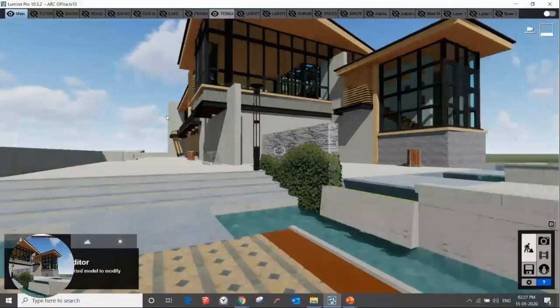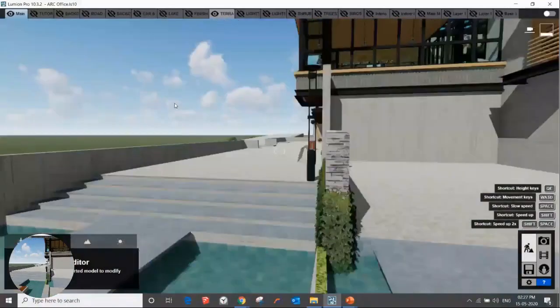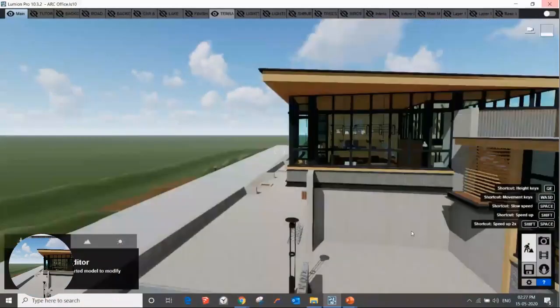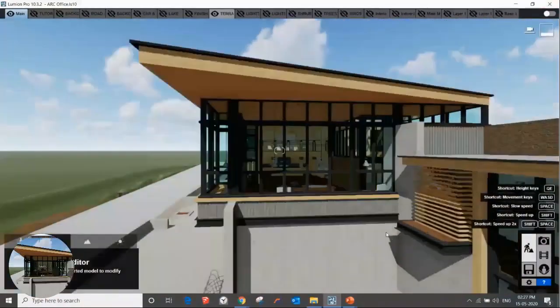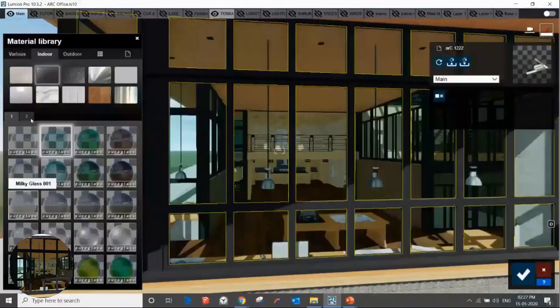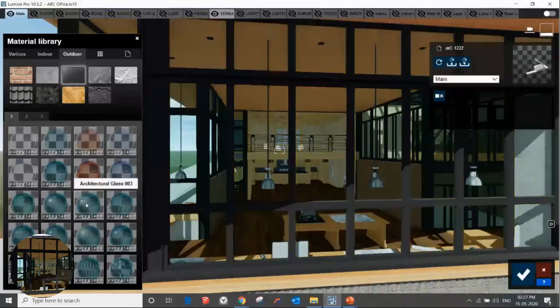Now, another thing is that in materials we have the library of glass. Lumion has a pure glass library. It is very useful, as you have glasses with texture, glasses with reflection, glasses with gloss, and glasses with frost.